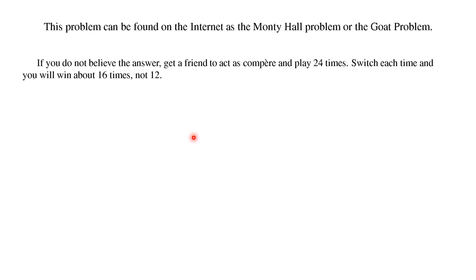And if you still have doubts about this, just try this out. All you need is a small number of experiments. You get someone to act as the compere or the presenter, and you do this 24 times. You adopt the strategy of switching every time. You get him to put the prize in a box, then you pick. He must reveal an empty box, and then you always switch to the remaining box. If you do this experiment 24 times, you're going to win about 16 of those 24 times,